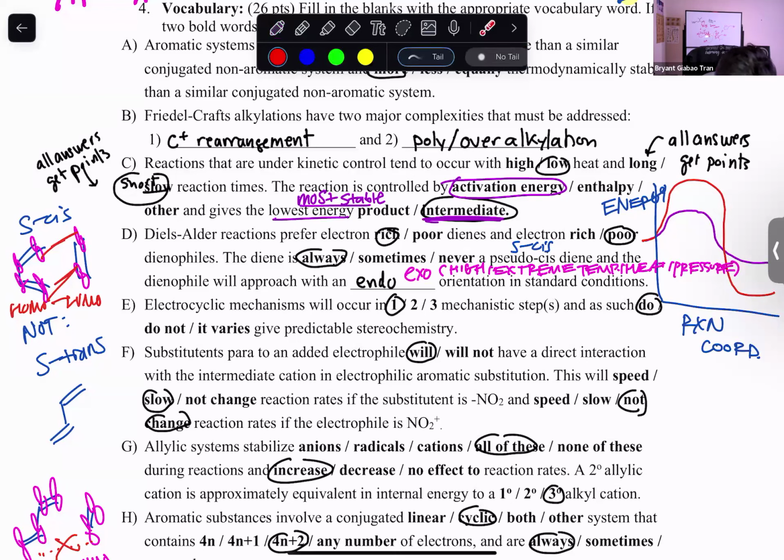Aromatic substances involve cyclic, 4n+2, always planar. So this is talking about the chart that I just showed you guys here with the 4n+2, cyclic, always planar, always fully conjugated conditions to be considered aromatic. Conjugated dienes freely rotate around the central bonds similarly to sigma bonds. So this is false because when we look at this conjugated system here, we see that it could do resonance like this, giving us this resonance structure,